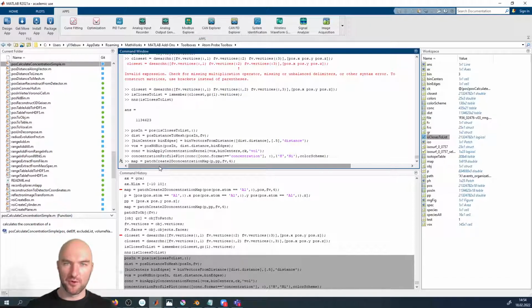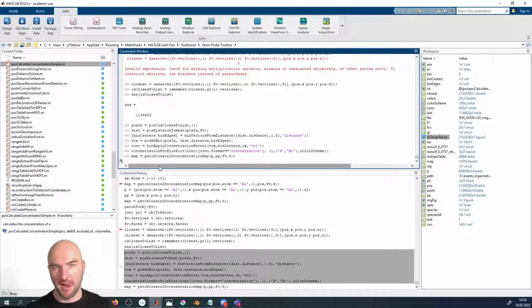We have updated the interface, so now we can run that. The concentration map is a relatively simple analysis to do,